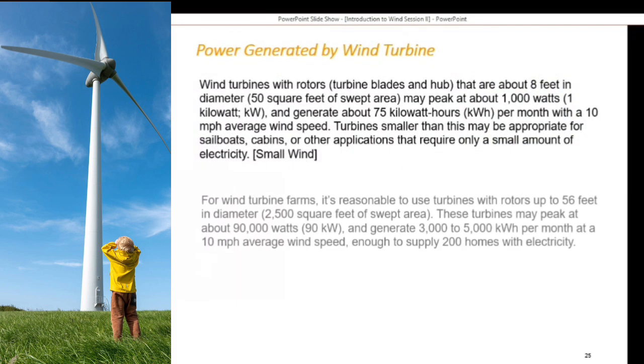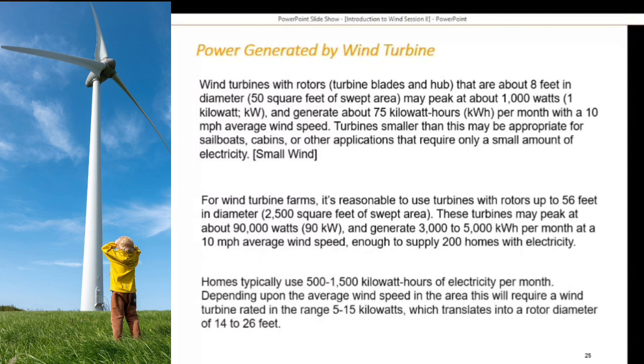Those are just the typical aspects, or stories, about the production. A wind turbine with rotor blades about 8 feet in diameter generates about 75